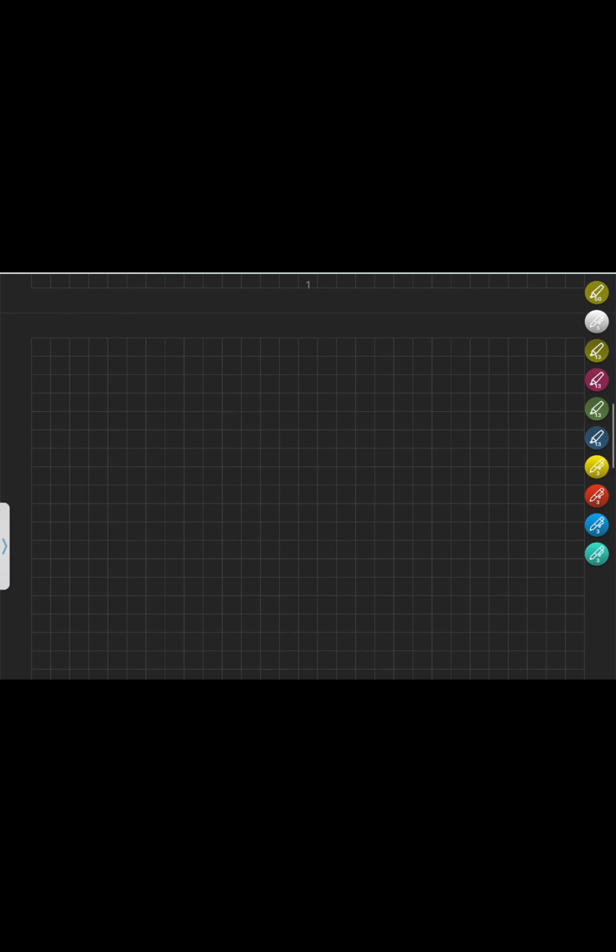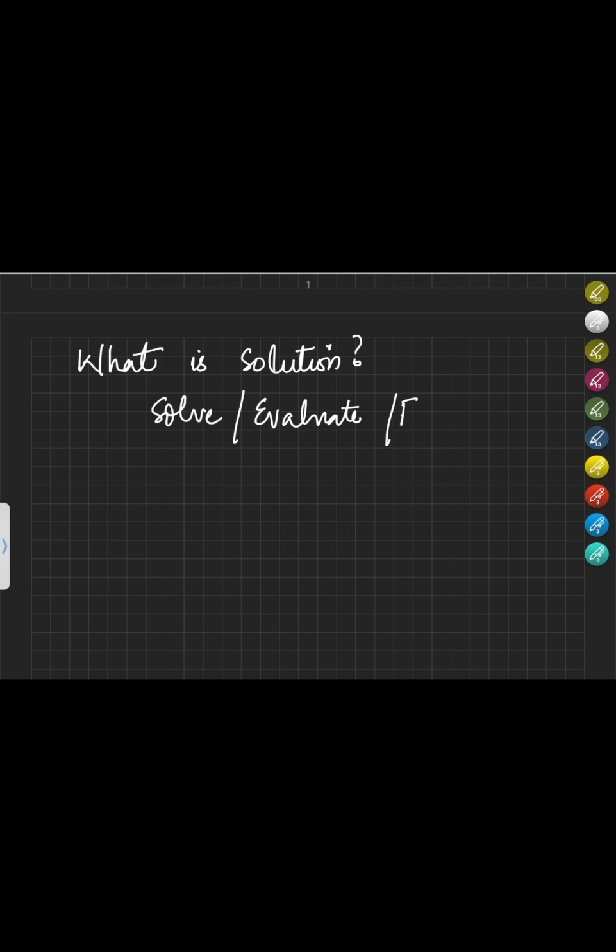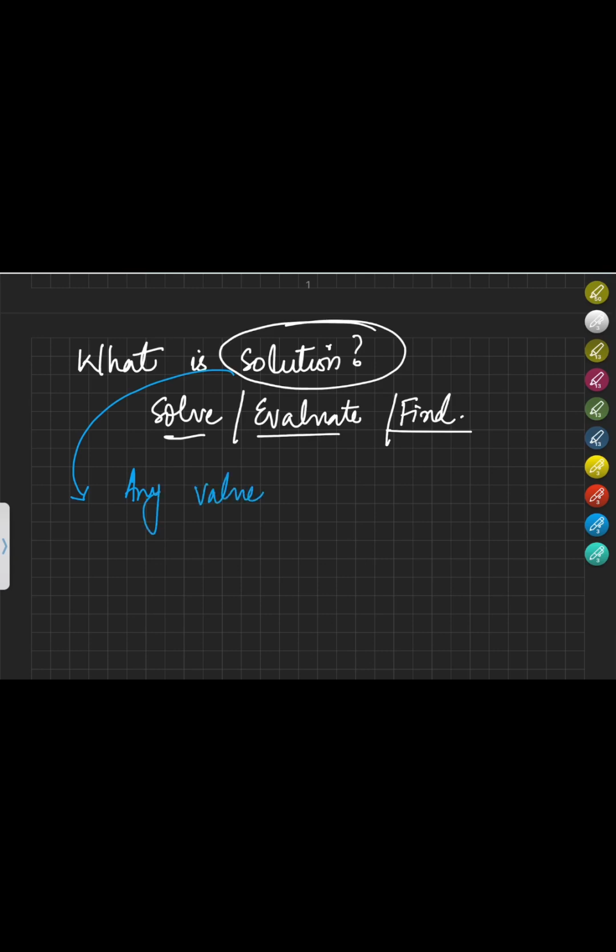What is a solution? We have come across this word solution many times. In what way? They ask you to solve, evaluate, find. These types of words are used in a question where we find a solution of the variable. So basically, solution is the value of any variable